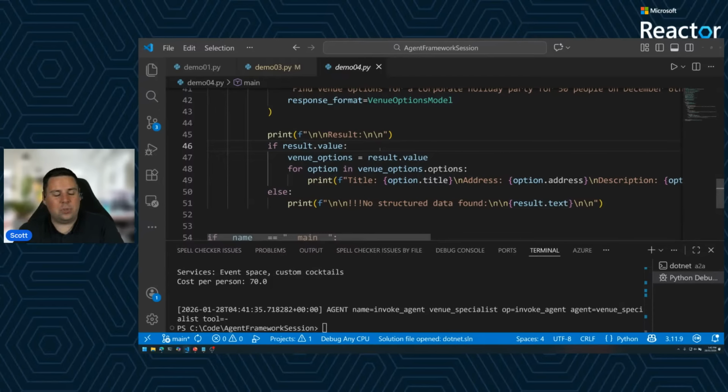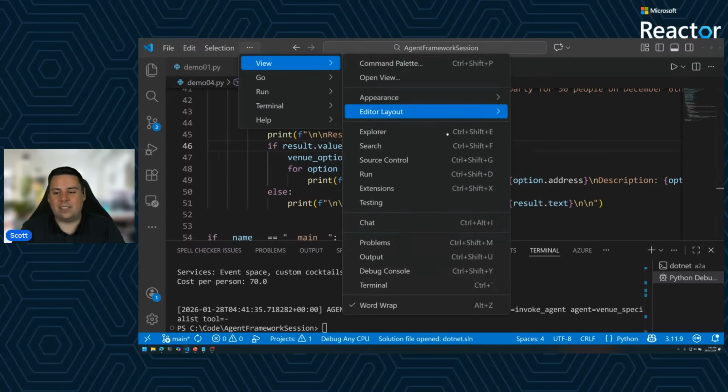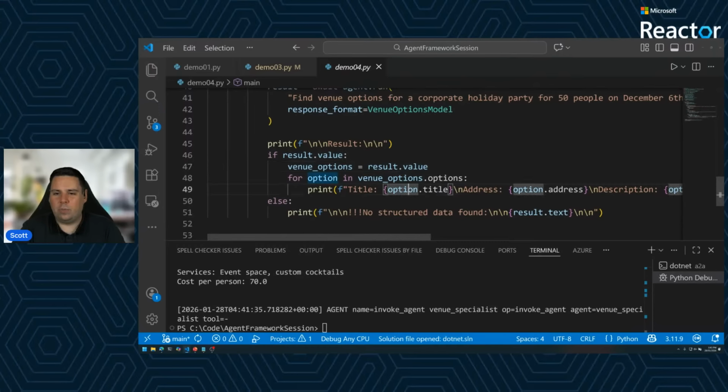As I said, you can also lock it down to say, hey, if it doesn't fit this format, just completely fail and throw everything away. But actually being able to understand what's in the structured data or what's in the non-structured data if it does come back is really helpful.